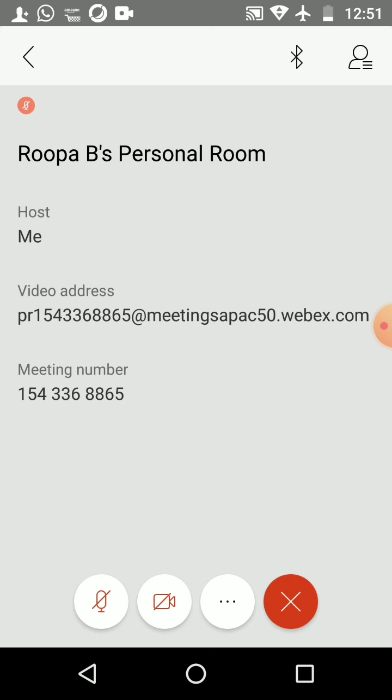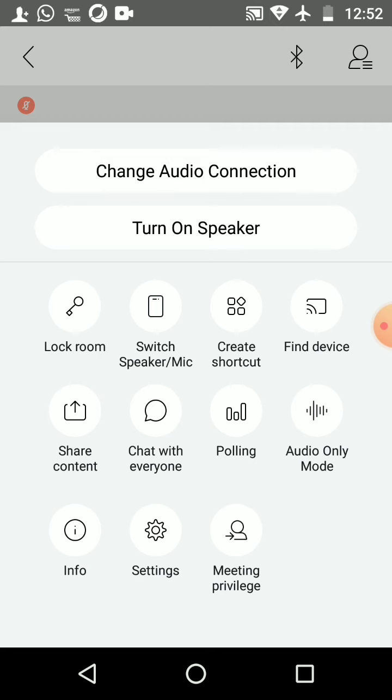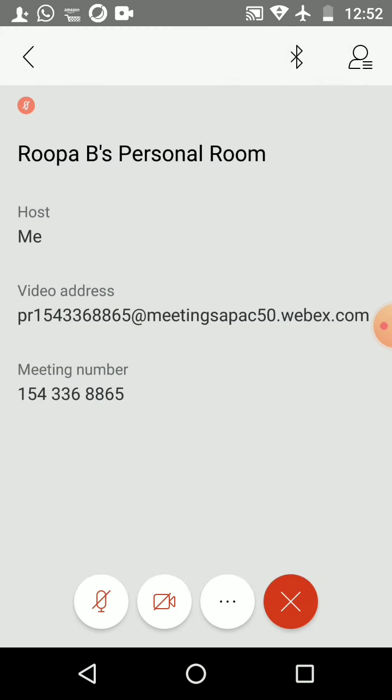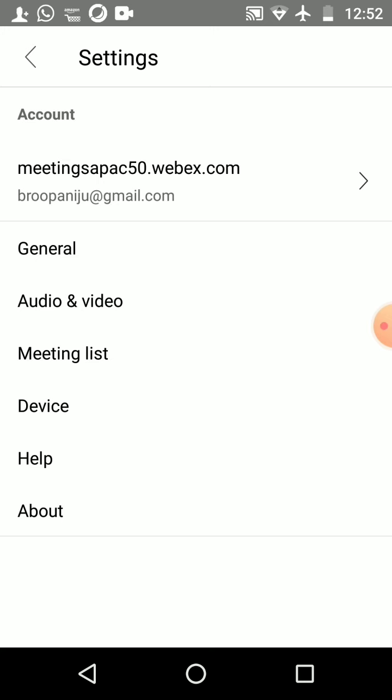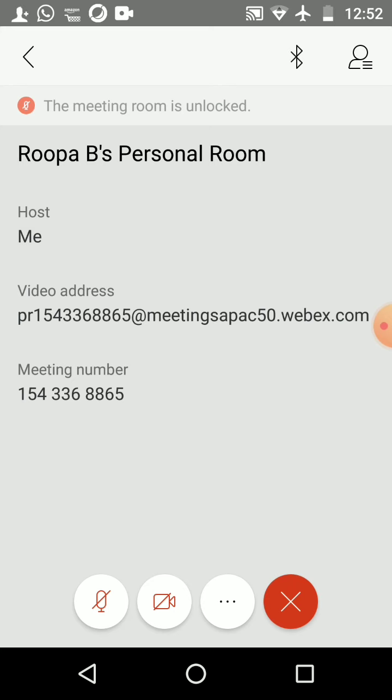In the mobile phone app, once you have entered into this WebEx meeting, the starting process remains the same. Every day you can explore and find out one new thing in this. I think that much is enough for you. You also have so many things, your settings and all that, and the meeting list. So as of now you need not go into all this.